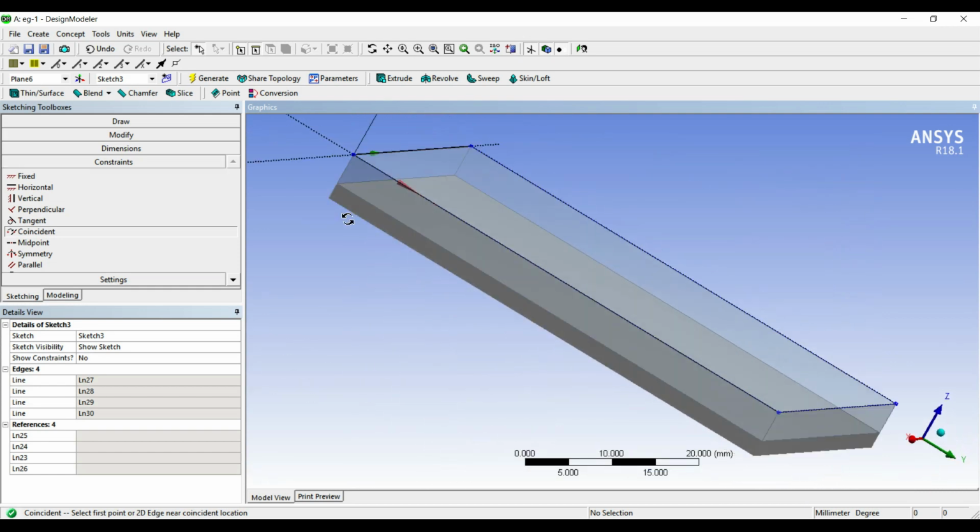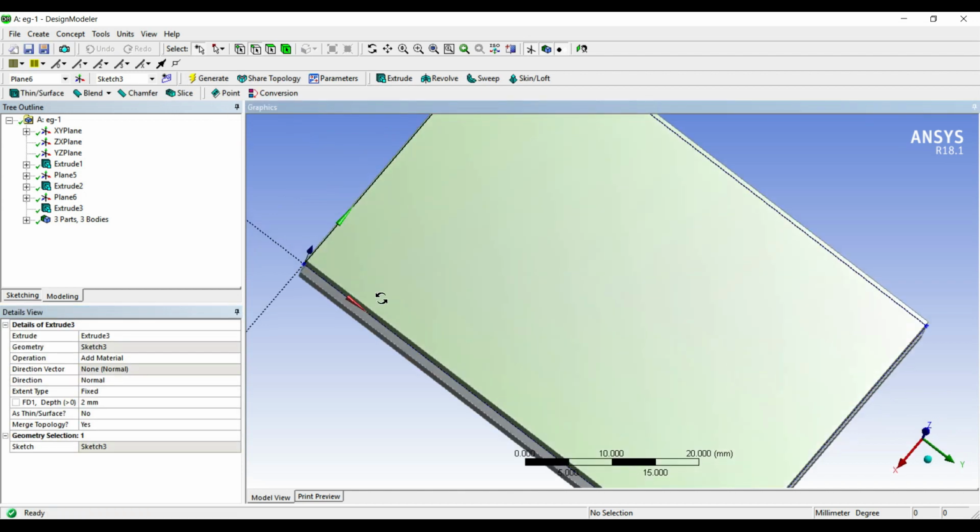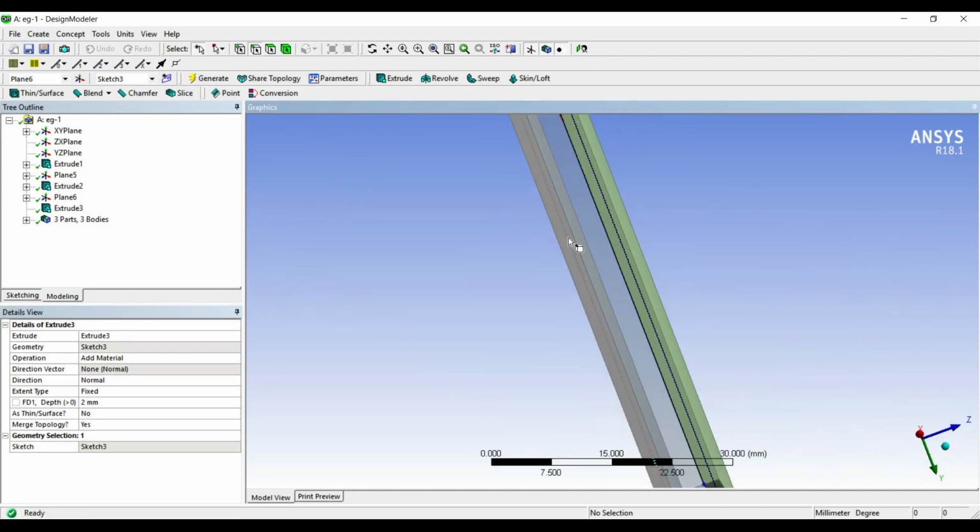So this is my sketch. Again I'll extrude, apply for 2 mm, generate. So this is my simple geometry which is ready.